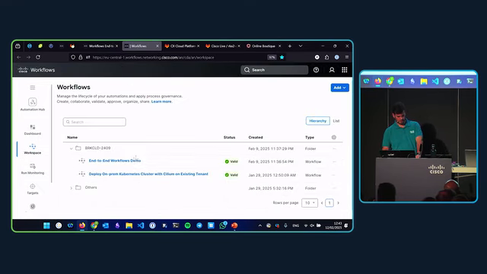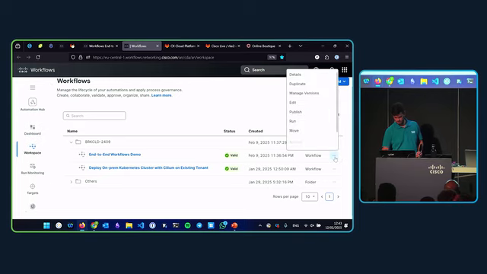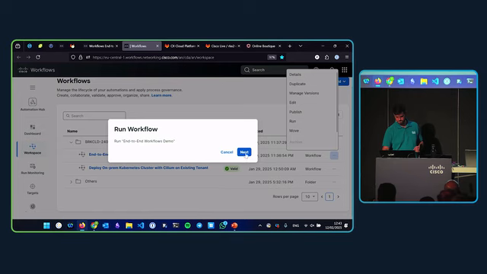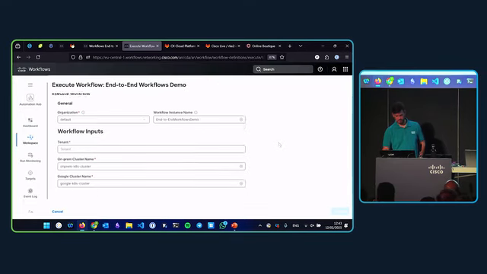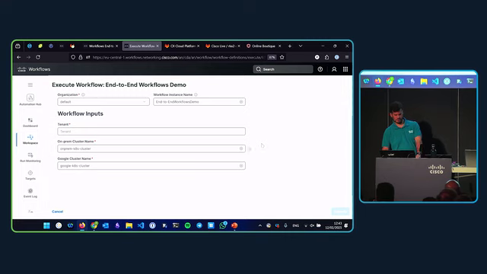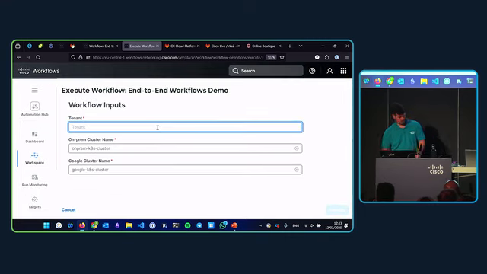If we go to the end user interface, we're going to trigger this. So I go here, end-to-end workflows demo, run. I'm going to get a very simple form where I am being asked only the necessary inputs to run this flow. So how should we call this, Matt? This is the ACI tenant that is going to be deployed for the on-prem cluster. This is the Cisco Data Center Networking.